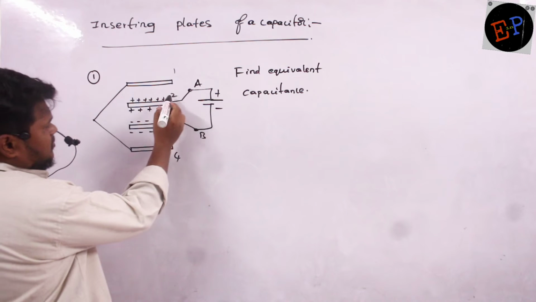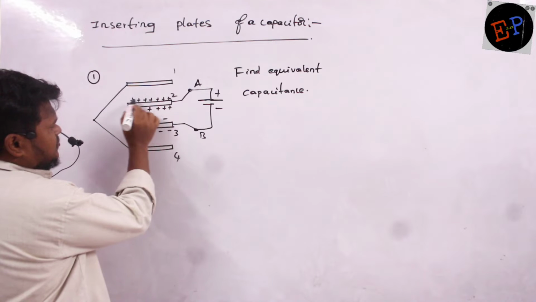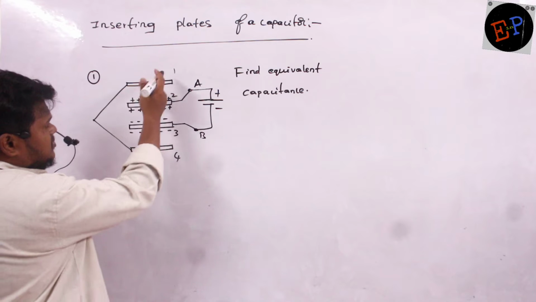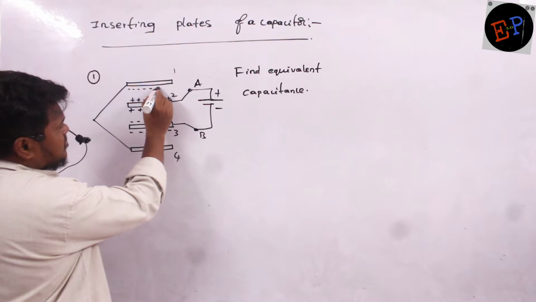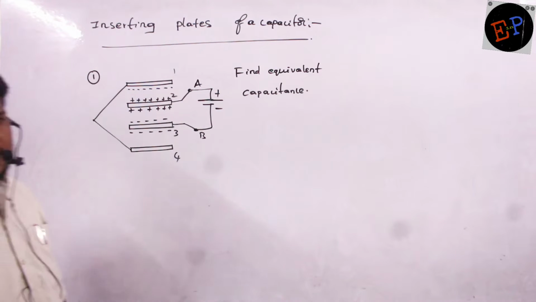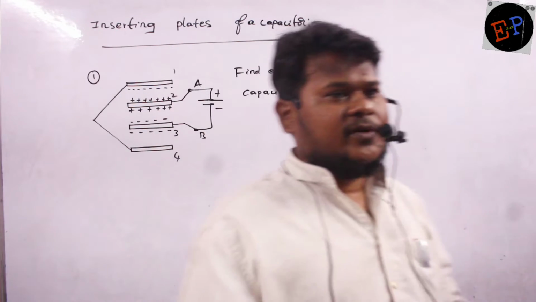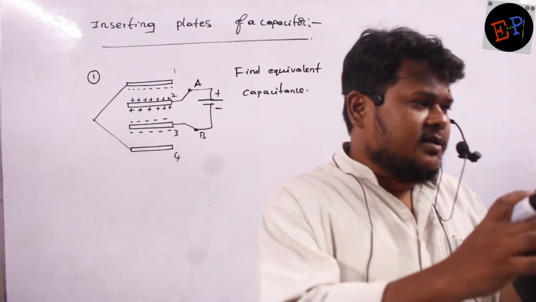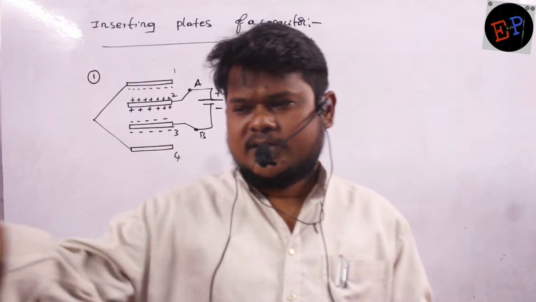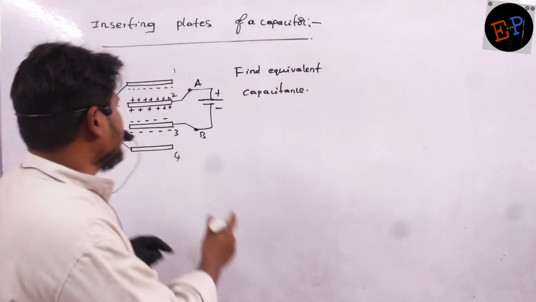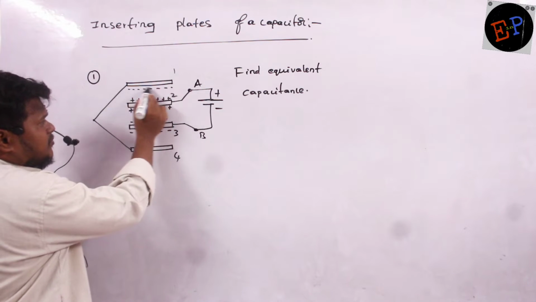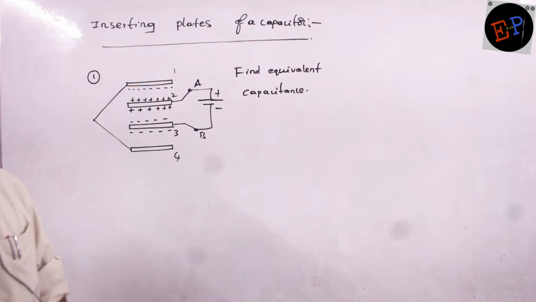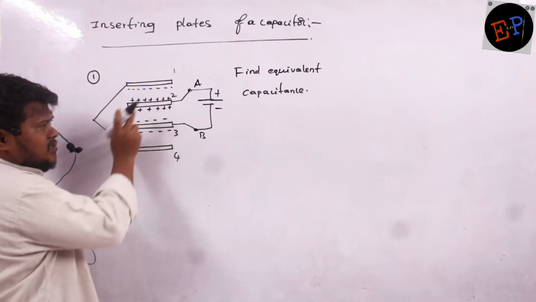Now if you see here, on the first side of the second plate, positive charges are present. These positive charges will induce negative charges on the first plate. The induction concept is there. If I bring a charged body and an uncharged body closer to each other, the charged body will attract opposite charges on the other body. So on plate number 1, you can find negative charges induced because of the charges present on the second plate.